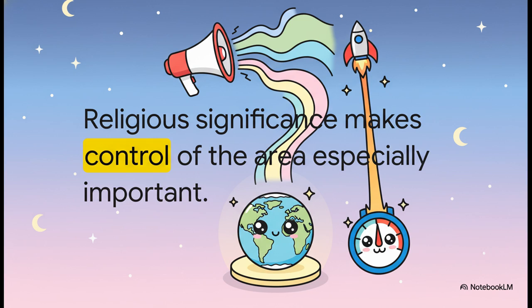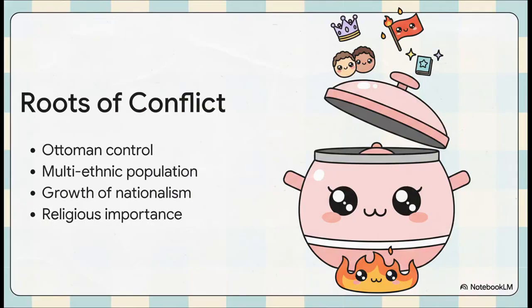The immense spiritual weight attached to this specific land made control of the area intensely important. When you mix the rising, uncompromising tide of nationalism with territory that multiple groups consider vital to their very existence, the stakes for governance become astronomically high. Bringing these historical threads together, the roots of conflict start to become really clear. We can see the long-term architecture taking shape well before the major wars of the 20th century erupted.